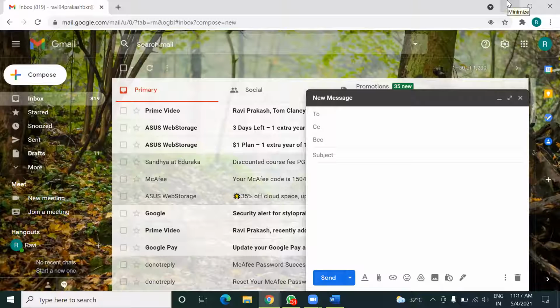Means if you have a certain concern about privacy, and you don't want to let people know about others, then you can mention the email addresses of those people in BCC, the blind carbon copy. But if there is no concern of privacy risk, then you can mention them in CC also.